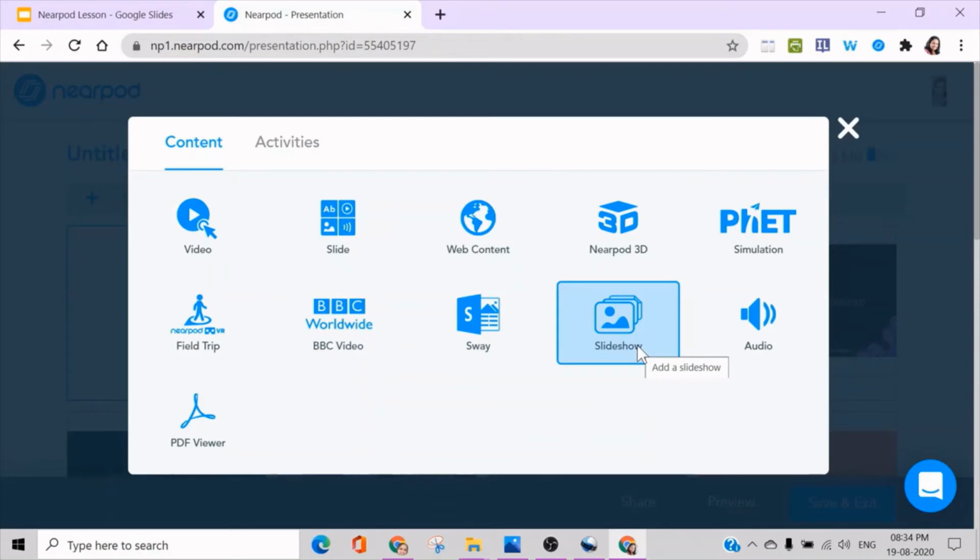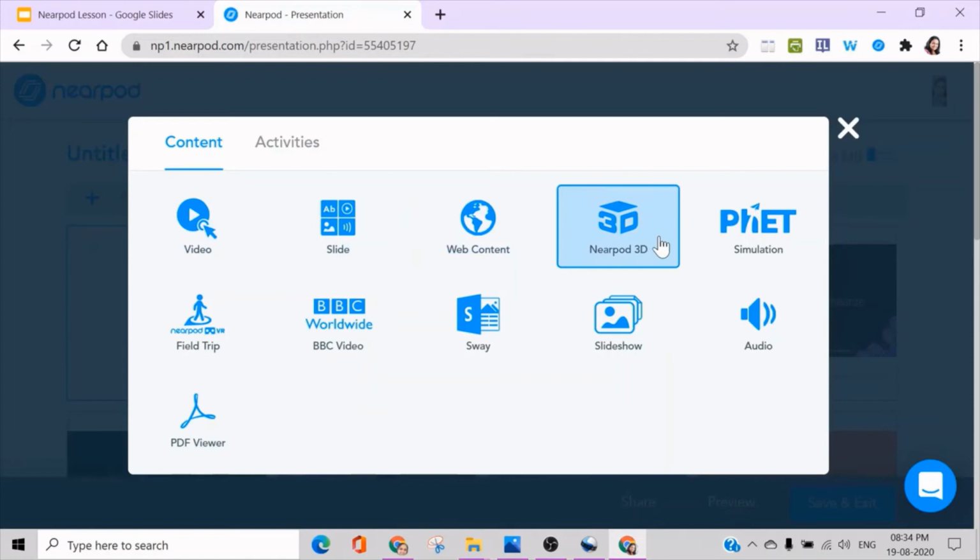And slideshow, as you know, can be used for your portfolios or to present something in a slide, similar contents in a slide or something else like that. So you can use that feature slideshow when you want to show so many images that are connected to each other. If you have got some podcast or some audio files, you can use audio, and many of us will have our materials as PDFs, and this can be uploaded using the PDF viewer.